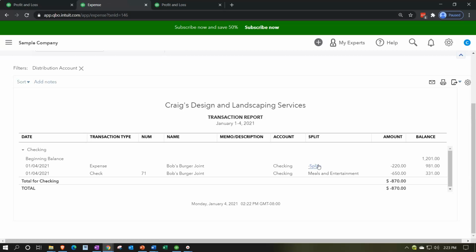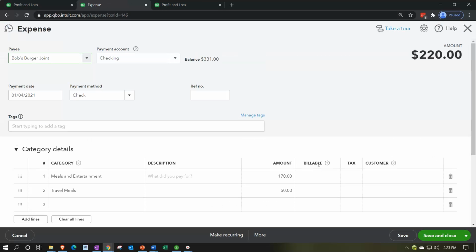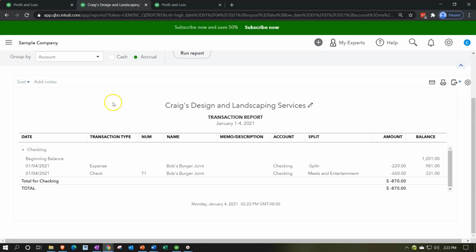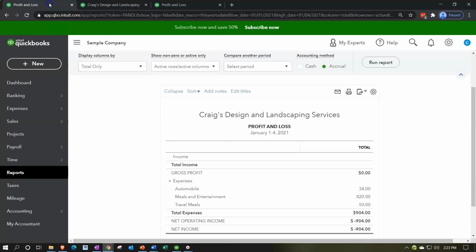So if you go into here, then you could see the document, and then you could say, oh, we have two accounts. It's going to be the meals and then the travel. Okay, so if I close this back out and I go back to the first tab,